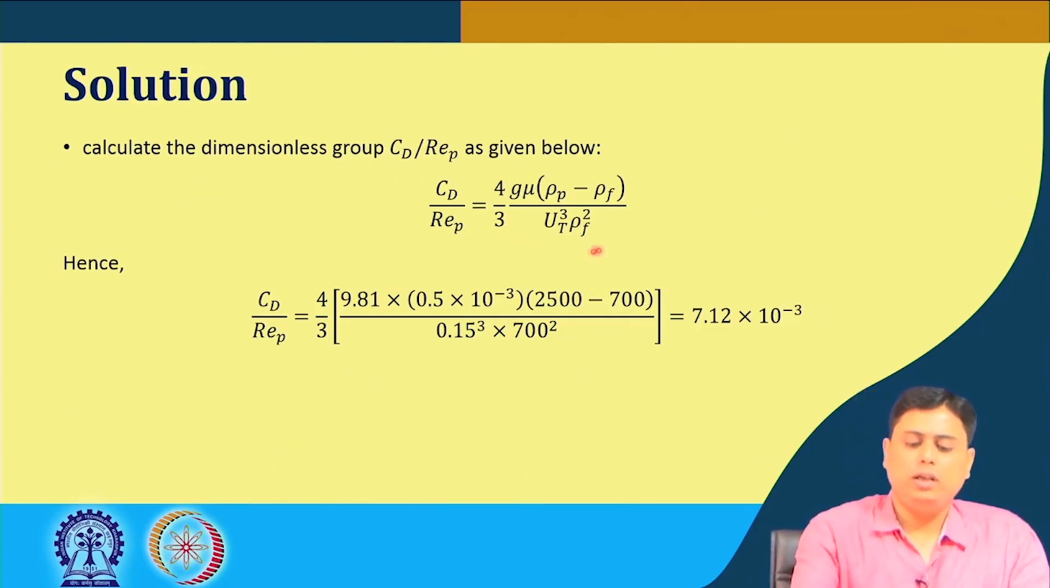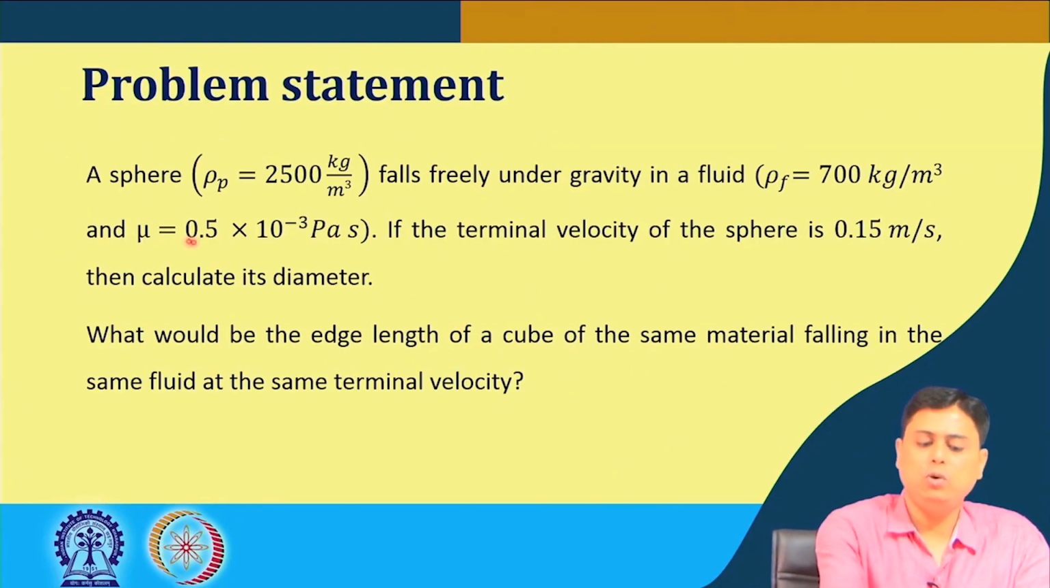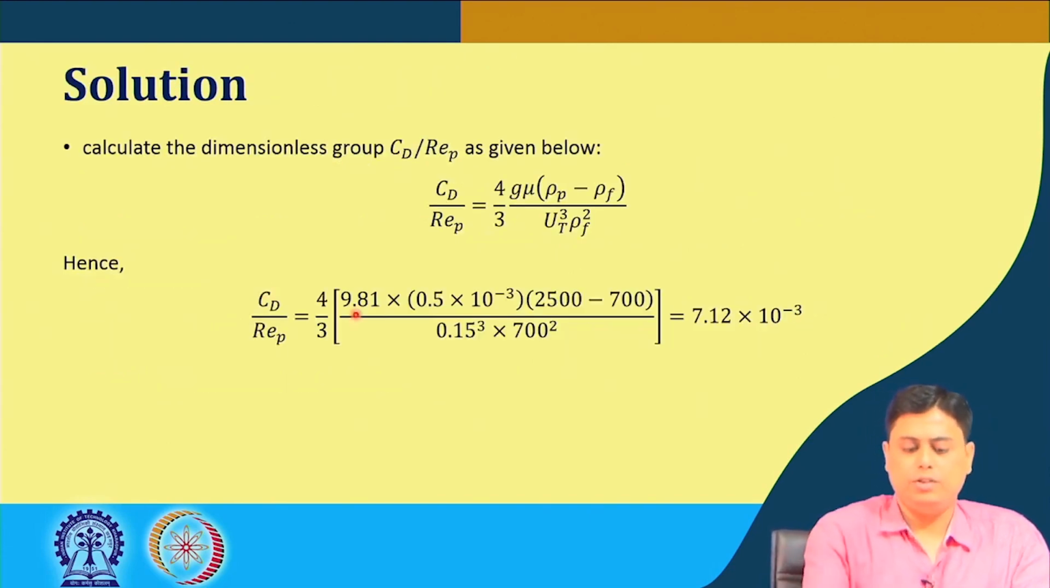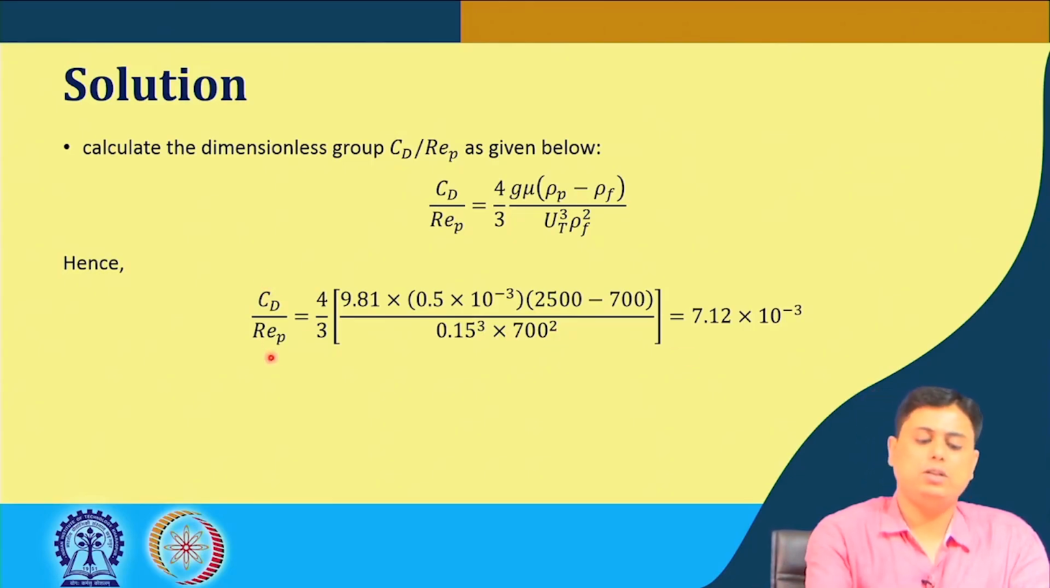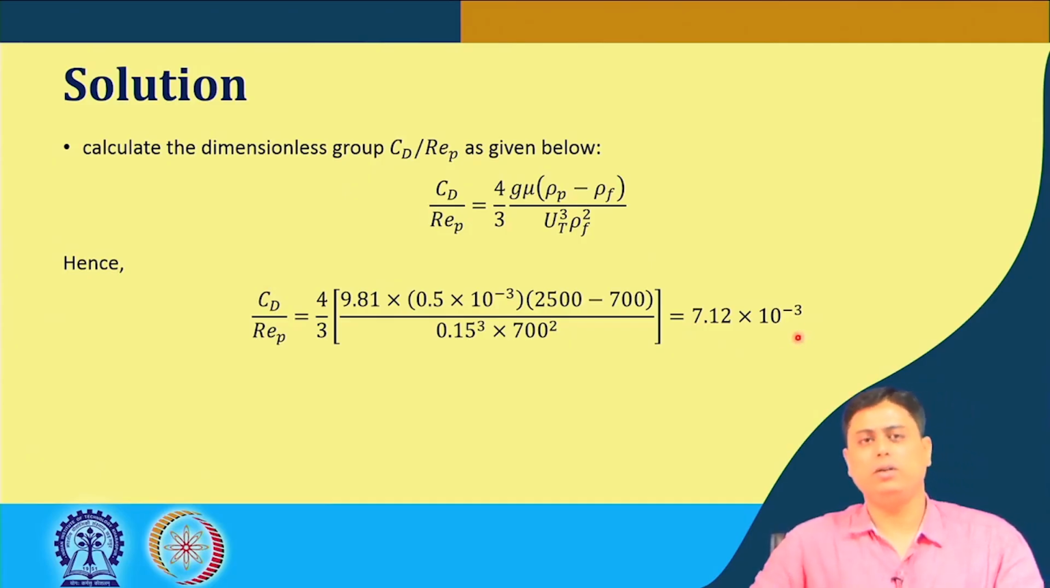So, we do the numerical calculations here by replacing all the parameters, because all the values are known here. This is your particle density and the fluid density. This is the mu that is given here, the g value, ut and rho f square. So, this gives a CD by REP value of 7.12 multiplied by 10 to the power minus 3. So, what is to be done next is that